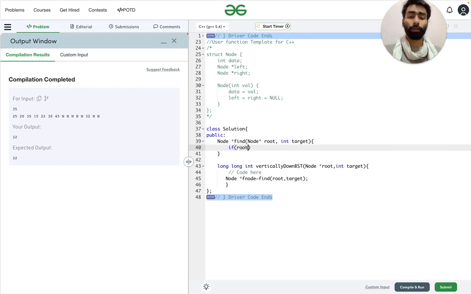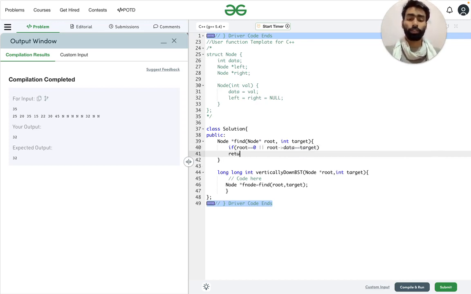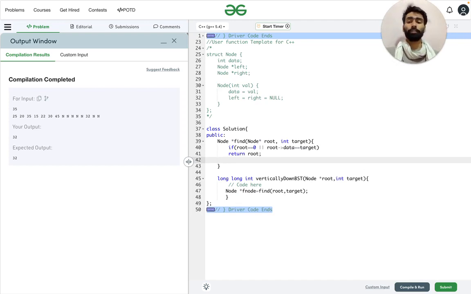If the root is equal to 0, or the target is found at the root data itself, in that case we need to return root. So this will be our terminating condition, and if it is not a terminating state, then we need to check